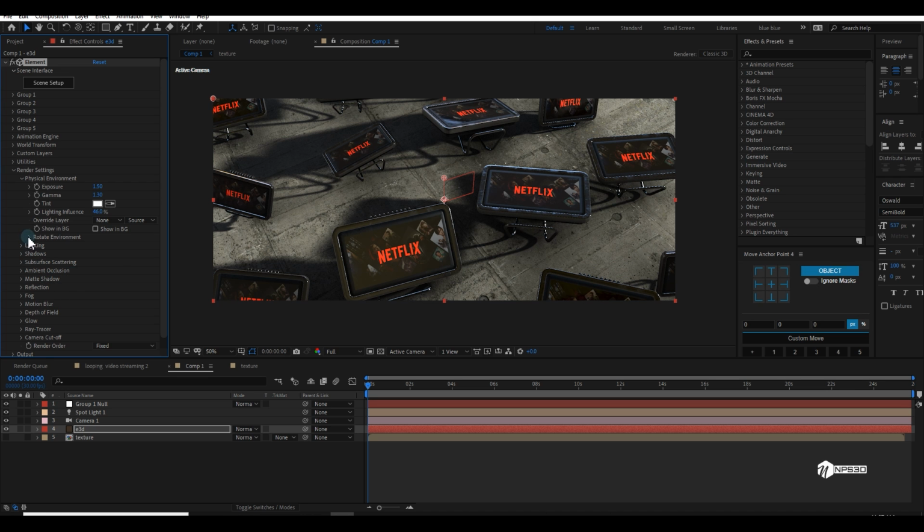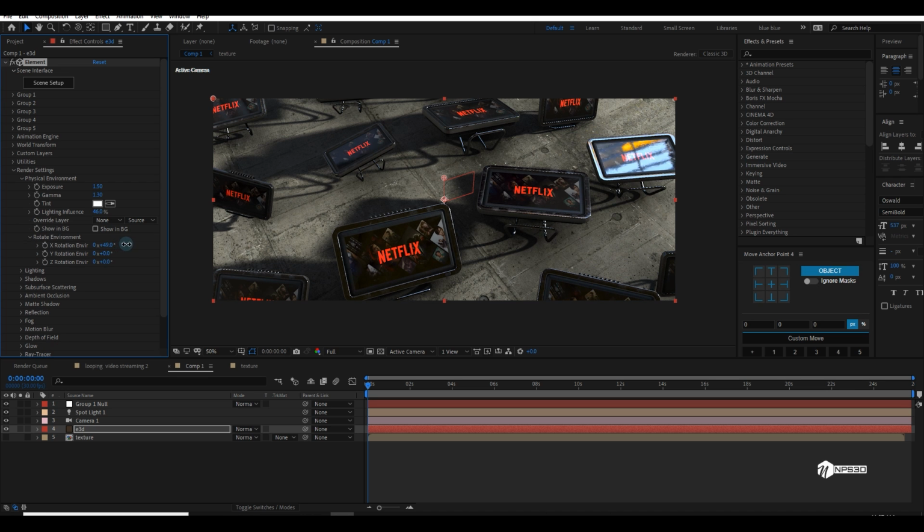And then I will rotate the environment to just create some reflection on the screen. And you can also rotate them if it's required.